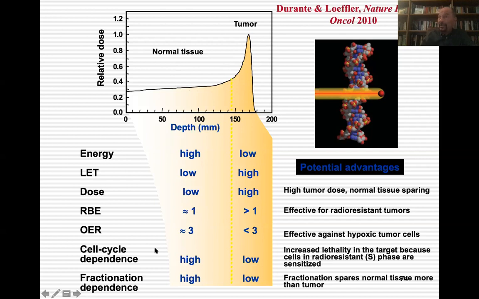Cell cycle dependence, which is bad for cell killing, is good for survival, is high in the normal tissue, but will be low in the tumor. And fractionation dependence will be high in the normal tissue and low in the tumor. So you can fractionate without being too worried, because even the SLD, not only the OER, but also the SLD will be reduced in the tumor. So heavy ion therapy is not only physics, but it's also biology. Of course, you need high LET. If you use protons, essentially you only have the physics. But if you go to heavier ions like carbon, you can also exploit the biology. That's the big advantage of heavy ion